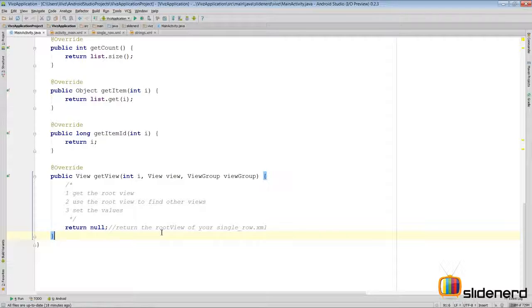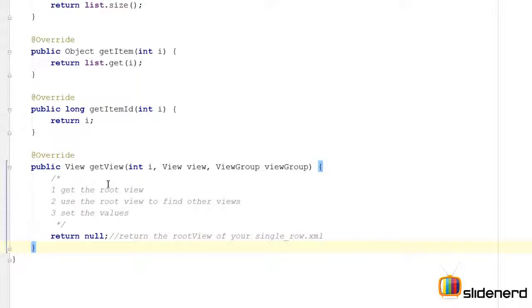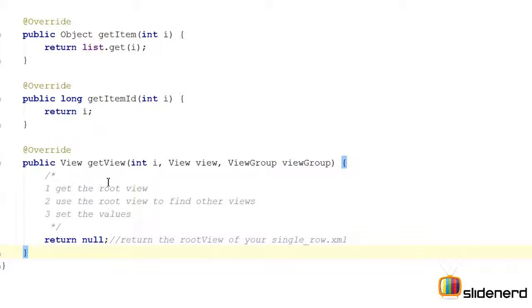What's up folks? In this video, I'm gonna show you guys exactly how to set the values and complete our list view. So each time our list view wants to display a row, this get view method is called from your adapter. For example, to display the 0th row, the list view calls get view, passes 0 over here in the int I, and these two other parameters which I have previously discussed in my other videos. Again, if you want to display the first row, get view is called, 1 is passed over here,